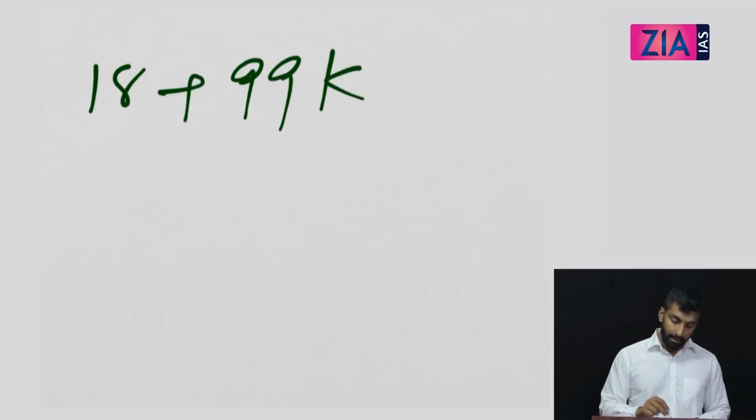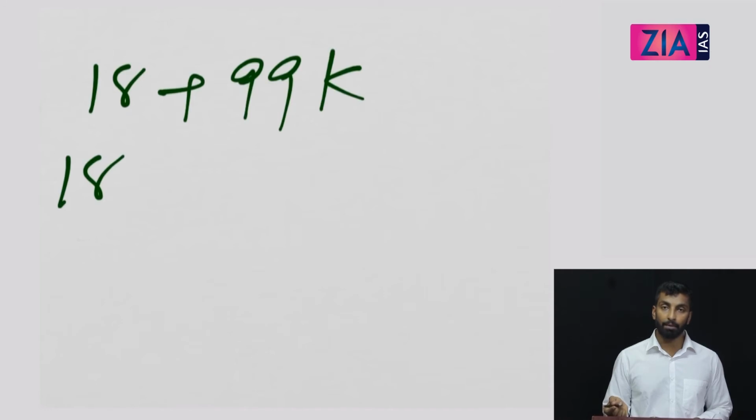Or the first term, that is 18. Then it will increase in steps of 99. So the first term is 18. Find the last term, right? How will you find the last term? Just now you got 1008, right? So the 11th term is 1008. So the previous will be 99 less. How will you get that? That is nothing but